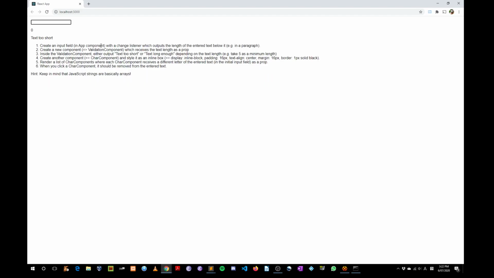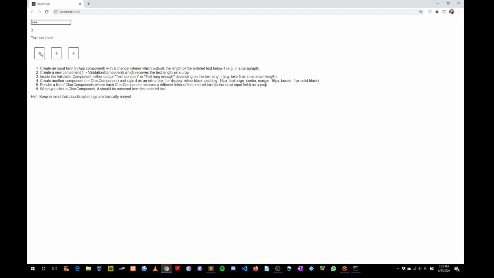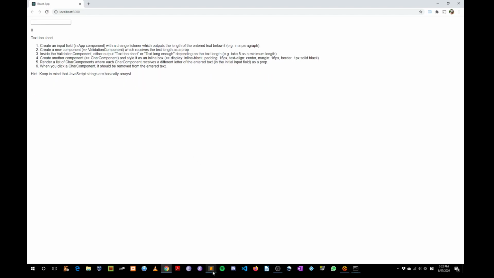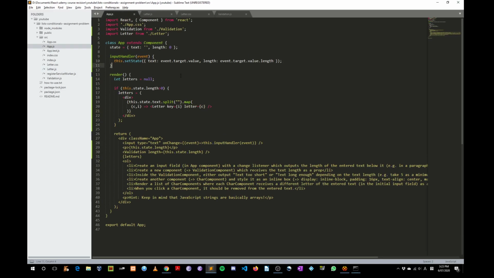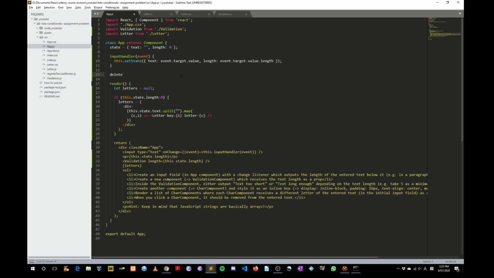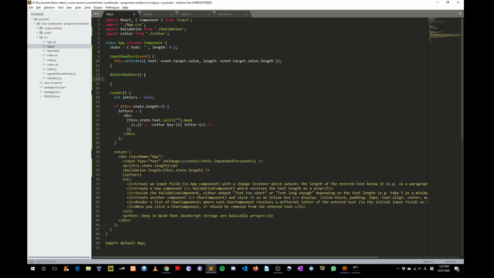Now we need to make one last thing. Delete handler. When you click on these boxes, the click box should disappear. That's the last task. So let's make a handler. Delete handler requires some array methods to make our life easier. What do we need? We need index. So we can